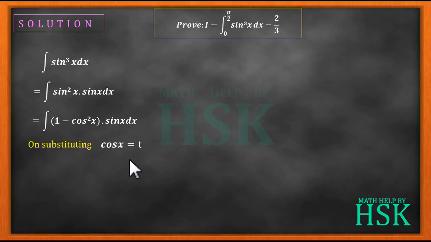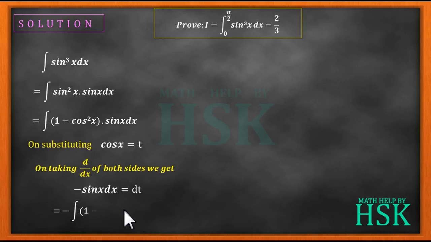So I'm going to solve this question by substituting cos x as equal to t. On substituting cos x equal to t and differentiating both sides with respect to x, I'm going to get minus sine x dx as equal to dt. So on applying the substitution, instead of minus sine x dx, I'm going to write minus dt, and for 1 minus cos square x, I'm going to write 1 minus t square. So this will be equal to minus of integration of 1 minus t square dt. Okay, further I can integrate 1 and its value will be equal to t, and integration of t square will be equal to t cube upon 3,